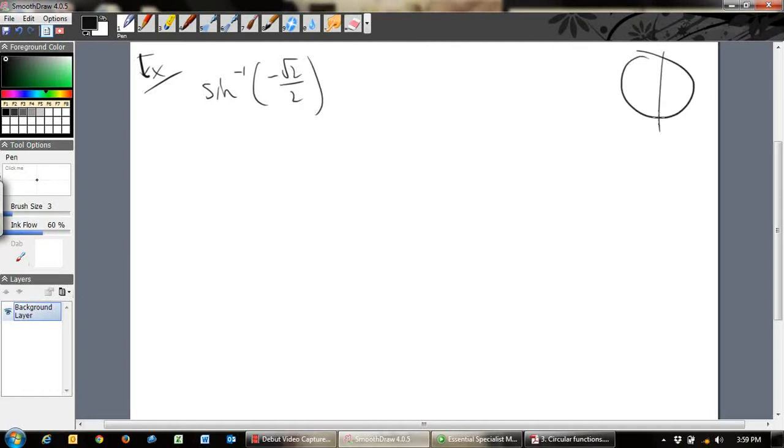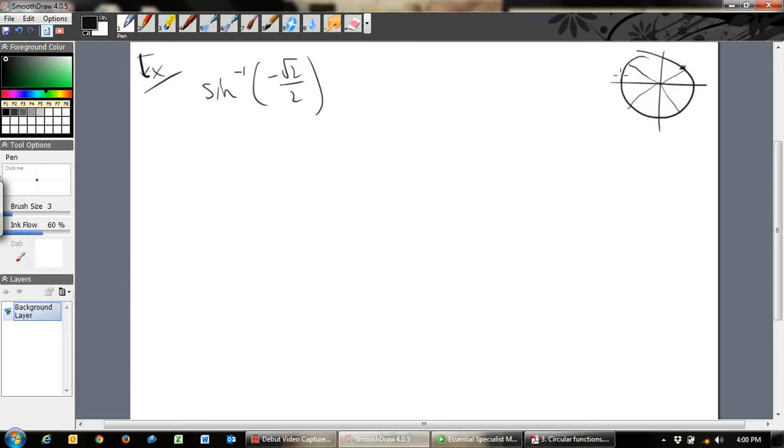I'm just going to draw my circle over here. Always draw circles. Okay, what this is asking for is where is sine of x equal to negative root 2 on 2. In other words, where's sine equal to root 2 on 2? So if you look at this, it's root 2 on 2 happens only at the 45 degrees. Okay, so there,